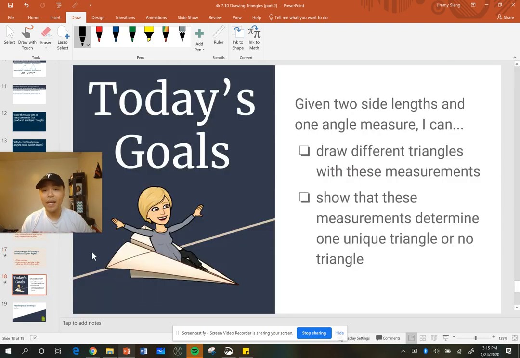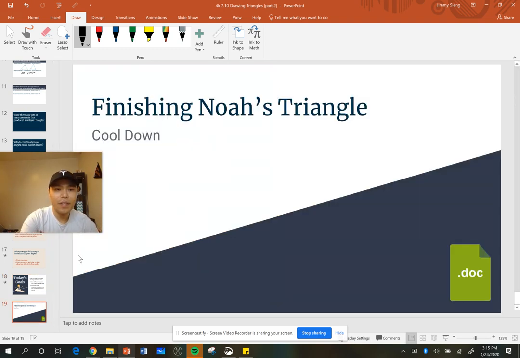Okay, so today, in this lesson, you were able to draw different triangles with these measurements. And then you're able to show whether these measurements determine one unique triangle or no triangle. Remember, we saw that what makes a unique triangle is 2 angles, 1 side, right? Or 2 sides, 1 angle, I think it was. So go ahead and close this video out. You got not a cool down, but we got a learning activity